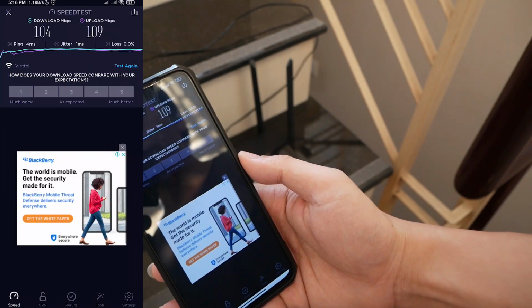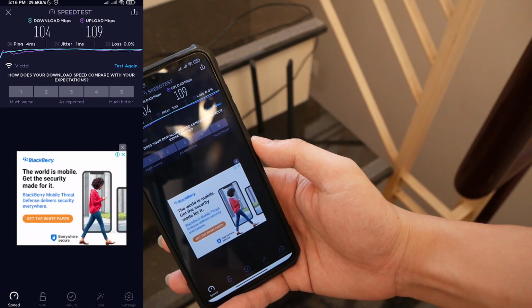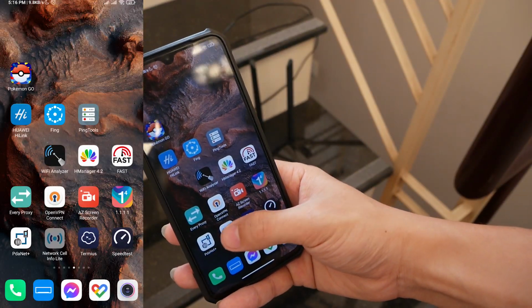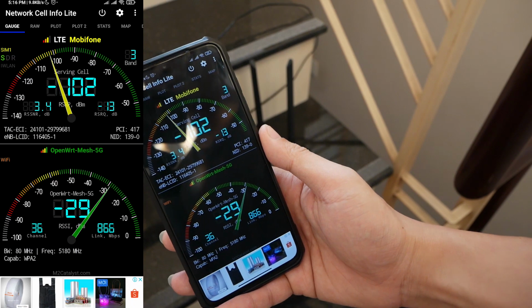Alright, so this is it, it's working great as expected. And let me do another test. So network cell info lite,